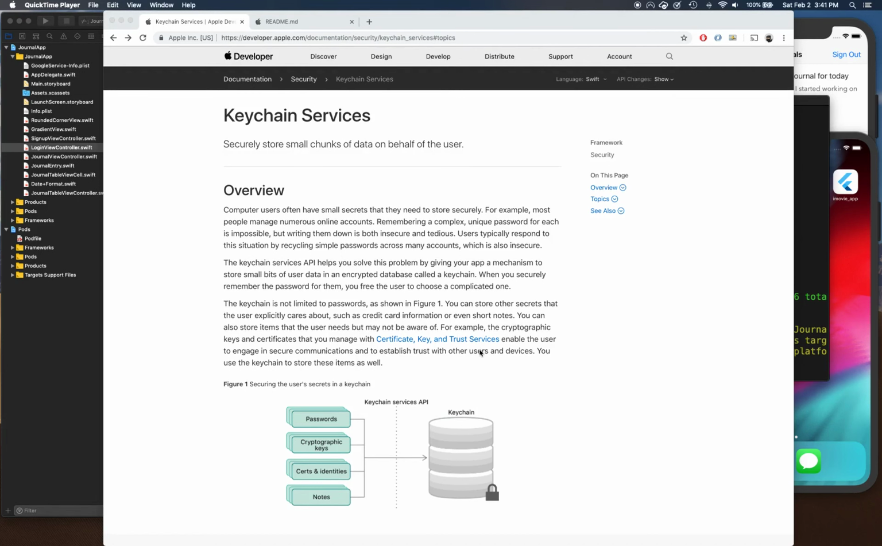Hello and welcome back. In this video, we are going to be talking about keychain services, basically including keychain capability into our app. Now, before we include the keychain functionality into our app, let's talk about and learn a little bit more about